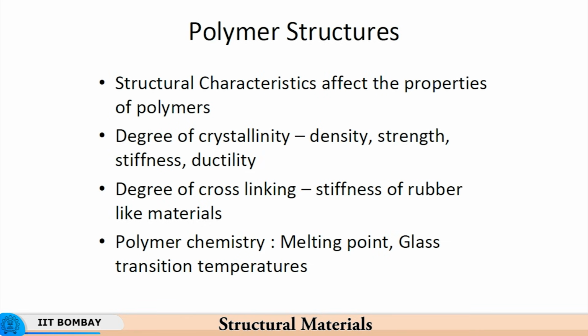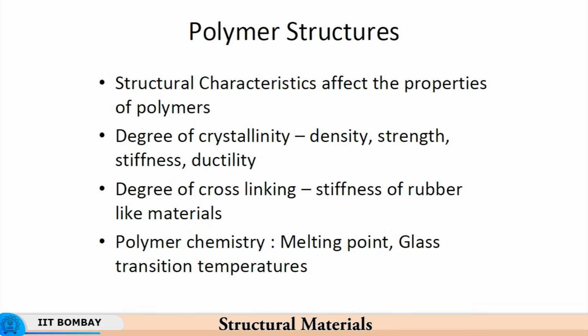So, basically polymeric chains have a completely different mechanism of deformation. Deformation occurs by sliding of polymer chains relative to each other. So, if the polymer chains can slide very easily with respect to each other, then they are able to deform very easily. If they are cross linked, then there is no easy sliding, and therefore the chains refuse to move with respect to each other, and these cross linked polymers are like rigid structures.